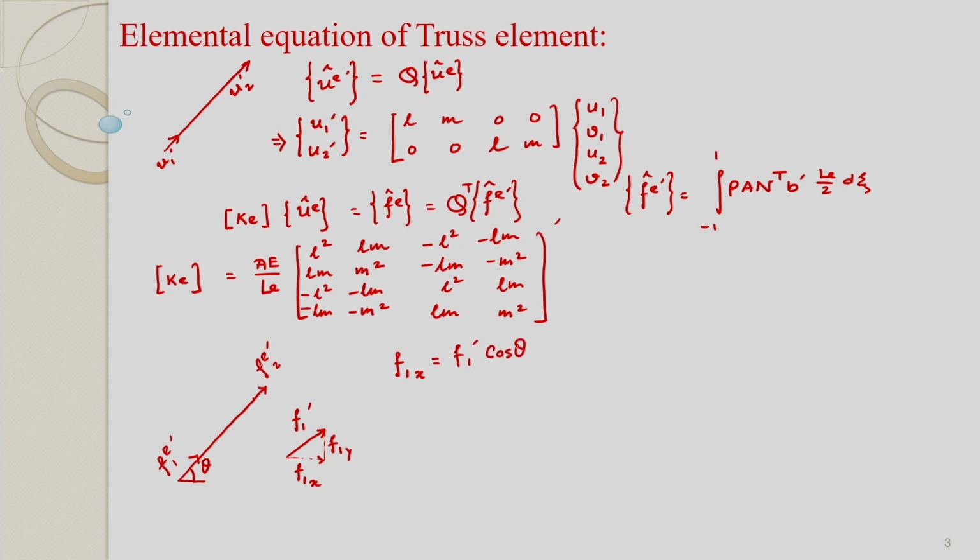f1 prime cos theta, and f1 y is f1 prime sin theta. Similarly, for point 2, prime cos theta, in matrix form. In matrix form, we can